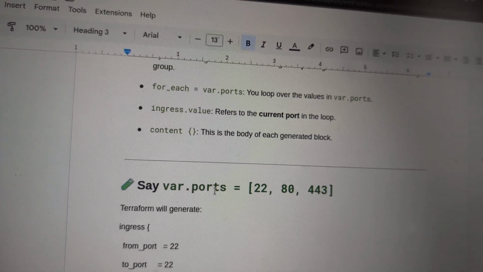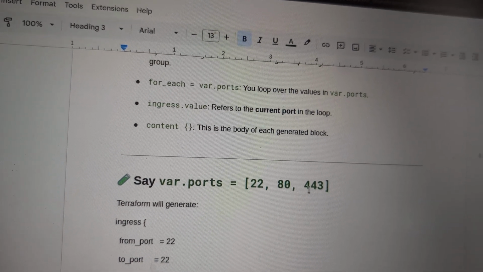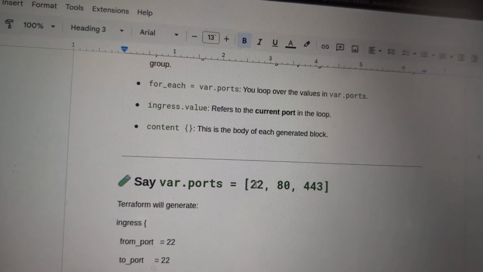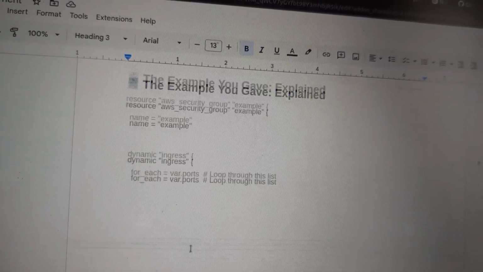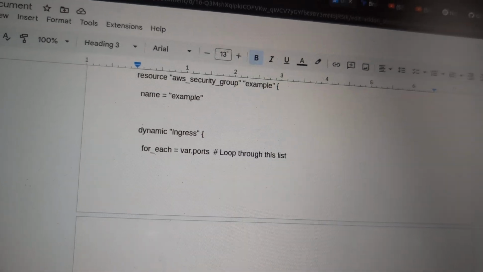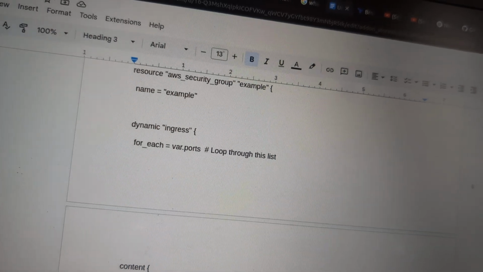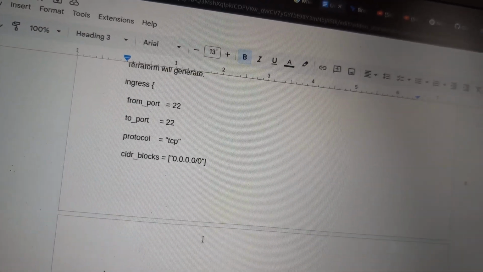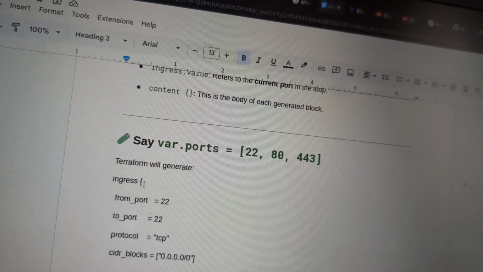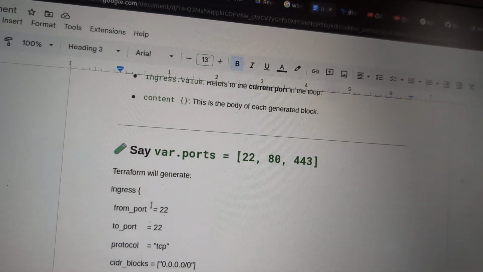So let's take var.ports to have these values 22, 80, and 443. So when 22 is passed, you will see that for_each, right? So ingress.value is this. Ingress.value is